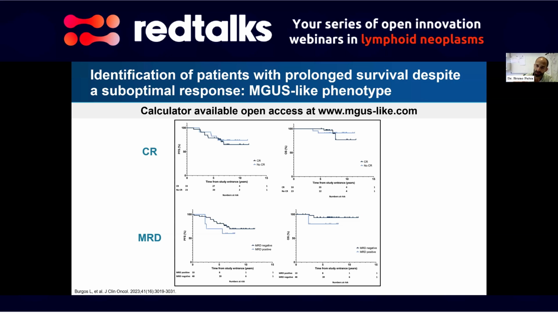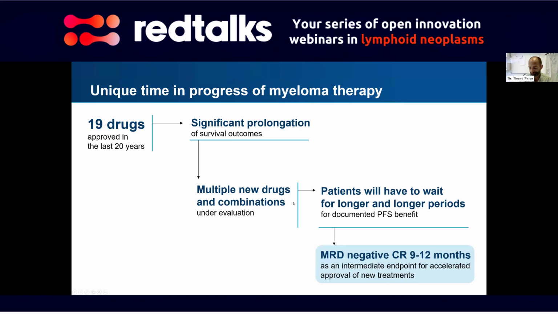And what we show here is that there might be a small subset of patients in which positive MRD is not associated with higher risk of progression, and therefore these patients should not be overtreated. And this is why it is important to identify biomarkers such as the MGUS-like phenotype. So now we are entering